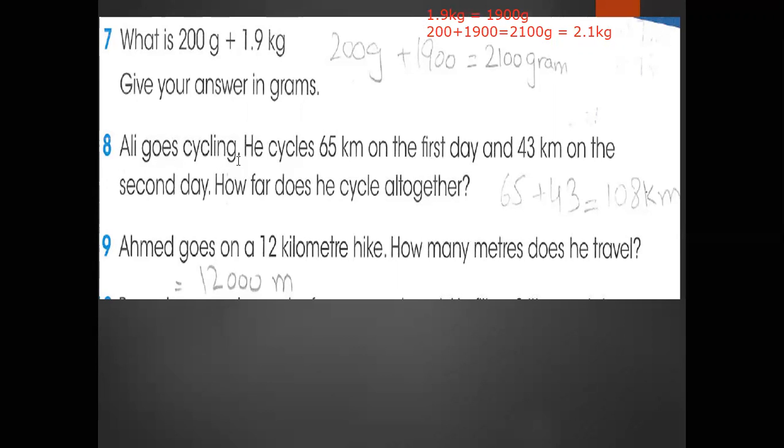Now Ali goes cycling. He cycles 65 kilometers on the first day and 43 kilometers on the second day. How far does he cycle altogether? We need to add these numbers. First you check that both units are the same. 65 plus 43 kilometers is equal to 108 kilometers. Now here Ahmed goes on a 12 kilometer